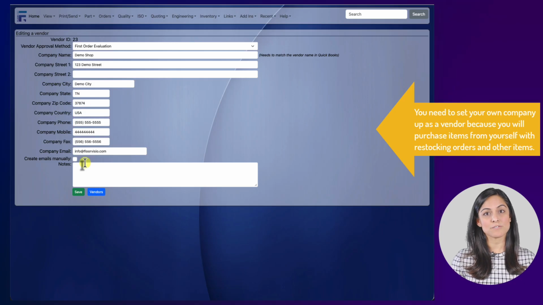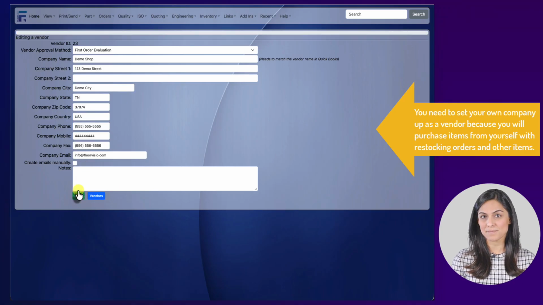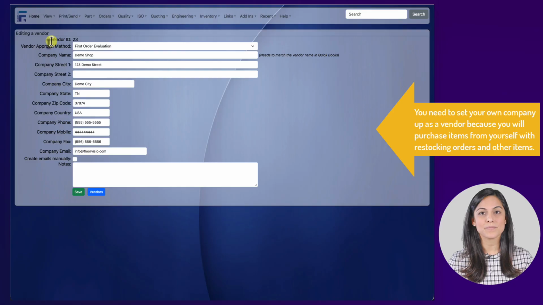Once you have all this information in, you'll hit Save. And you need to make note of your vendor ID. You will need to have this for the system settings. In the next video,